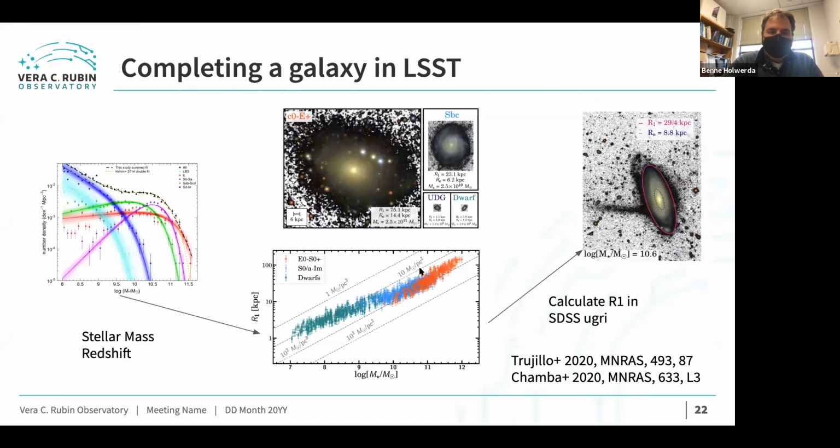So this is the idea. We start with the mass distribution, we find out what the R1 is, and then we calculate what the main body of the galaxy is, when we have that main information. Now I'm using these images from Trillo's paper specifically to show that, yes, that is not all